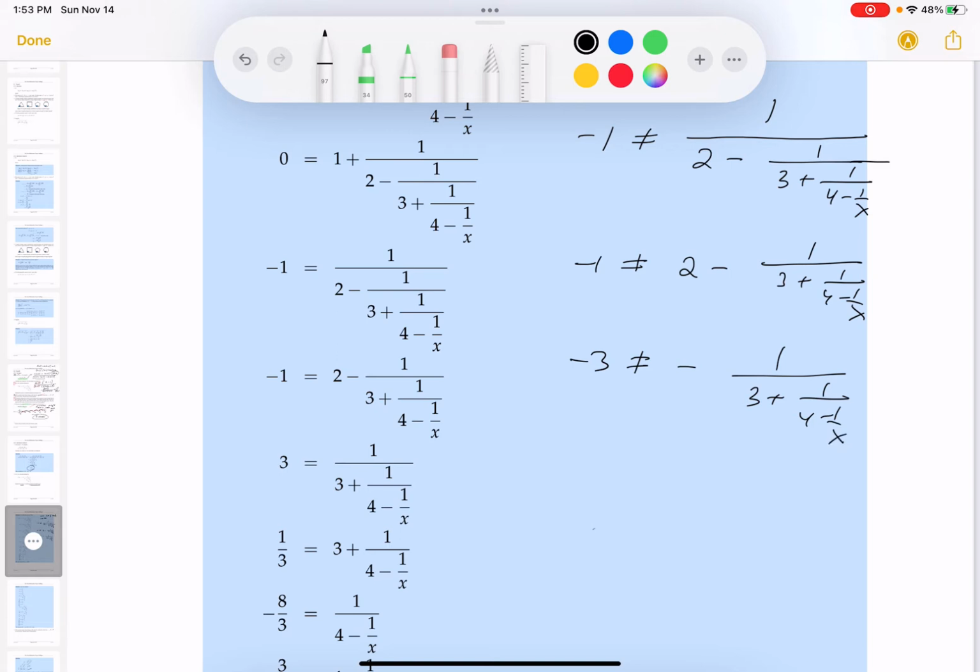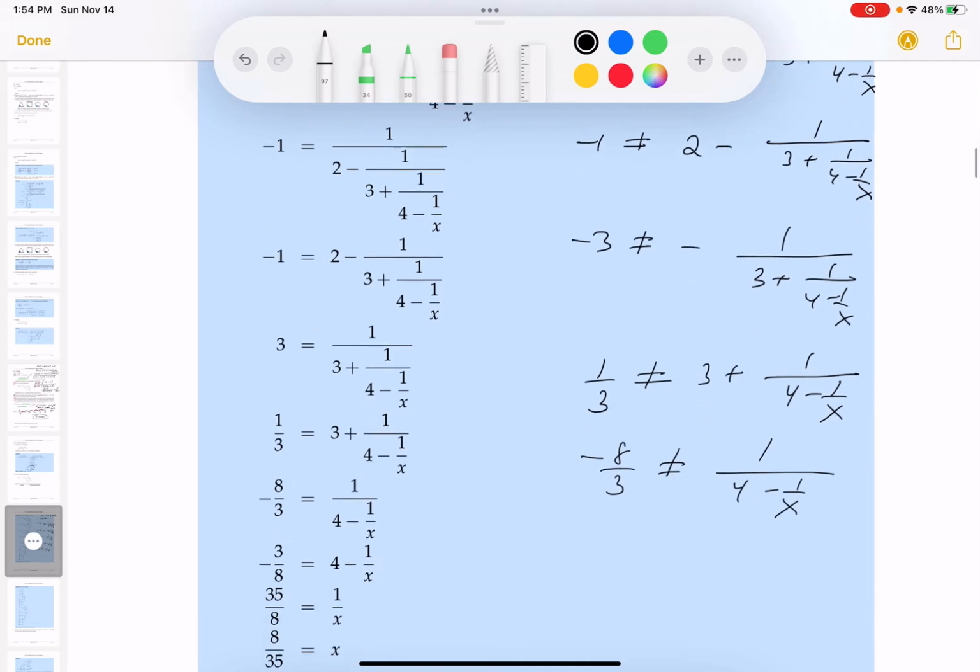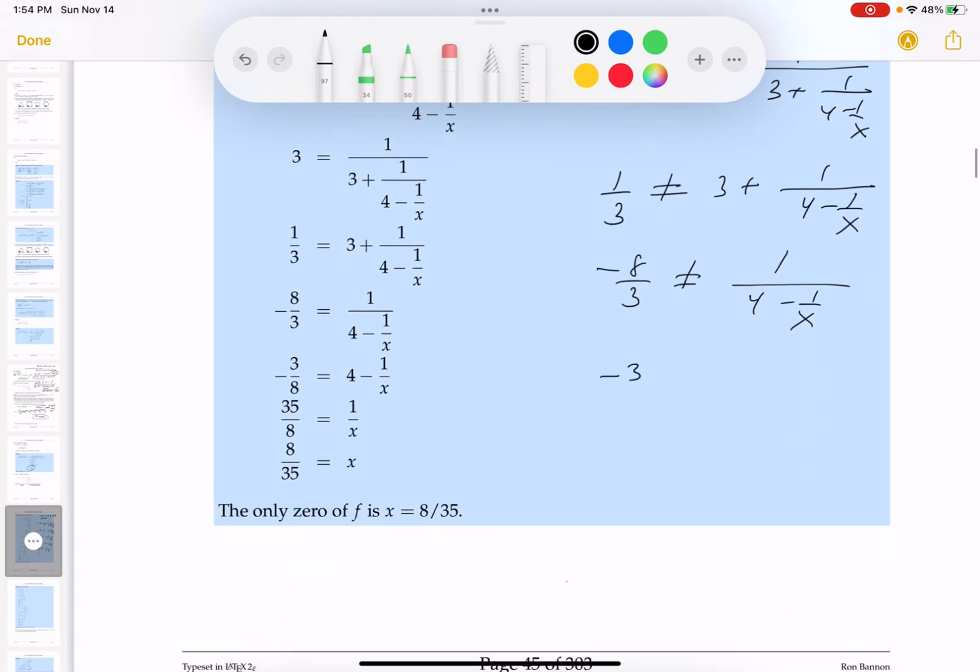And did I do that okay? Yeah, so I'm going to put down 1/3. I know I'm going a little quicker than I expected to. It can't be 3 plus 1 over 4 minus 1 over x. Got to keep going, don't I? Got to take 3 from both sides, and that would be minus 8/3. Can't be 1 over 4 minus 1 over x. Oh, reciprocals again to the rescue. Minus 3/8 is not equal to 4 minus 1 over x. I'm sorry. And I'm going to multiply both sides by